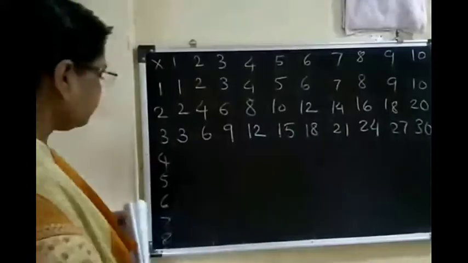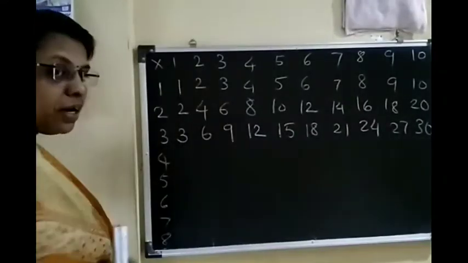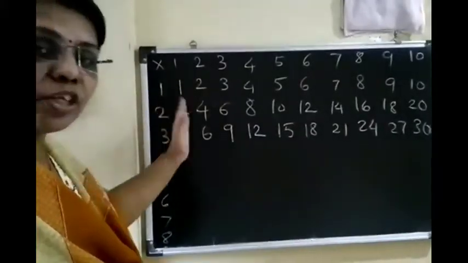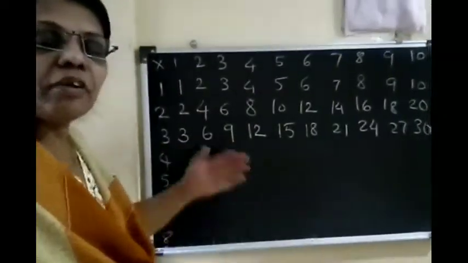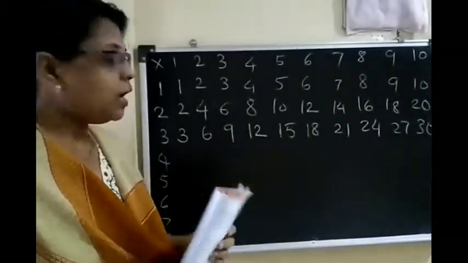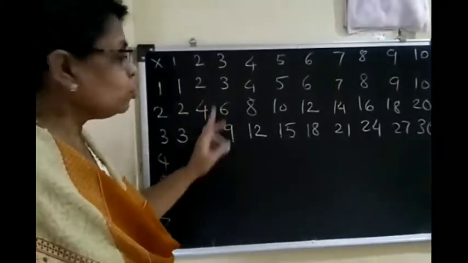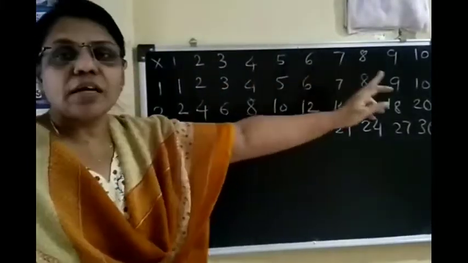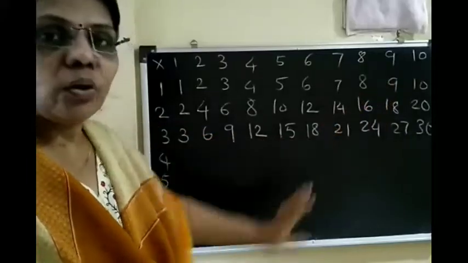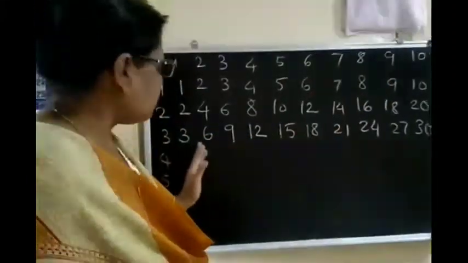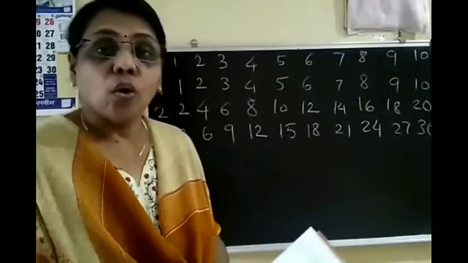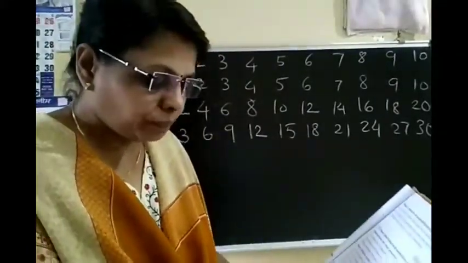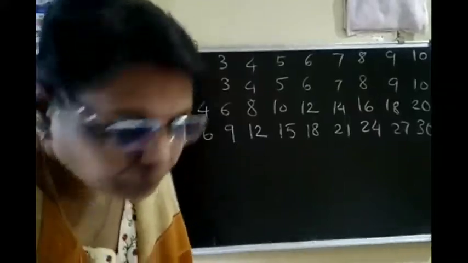See here, the figures are given which you have to multiply, and then go on writing the figures that you get in the answer. Here table of 2, table of 3, 4, 5, 6, 7, 8, 9, 10. Here I have solved till 3. Please solve the remaining sums as your homework. Now we move on to page number 39.